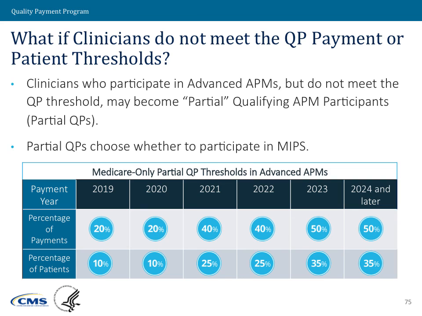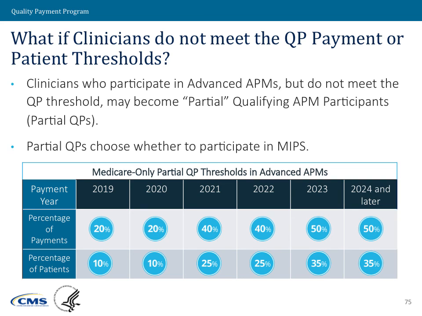However, there's a little zone beneath those QP thresholds where we'll still give you some reward, but not the full reward of the QPs. These partial QPs do not get the 5% lump sum bonus, but they get to choose whether or not they participate in MIPS. They'll have an option of whether they want to report to MIPS and receive whatever adjustment they would receive, or they can not report to MIPS and then they would receive neutral, so they would not receive any